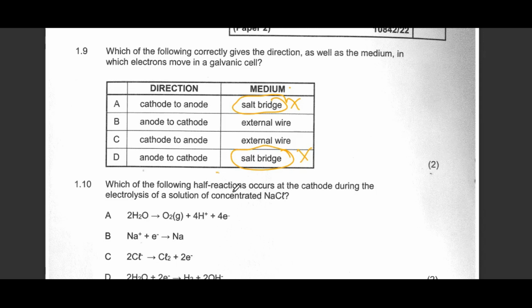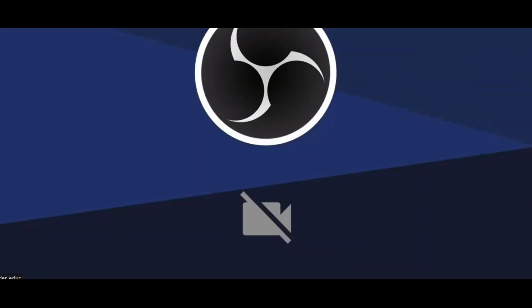They are saying which cell is this? They're saying the galvanic cell, of which the galvanic cell anode is the negative, and then the cathode is the positive. Anode is the negative, and then cathode is the positive. So it means that electrons will move from the anode, and then they go to the cathode, which is positive, so that there is that attraction. And then when they reach the cathode, that's why